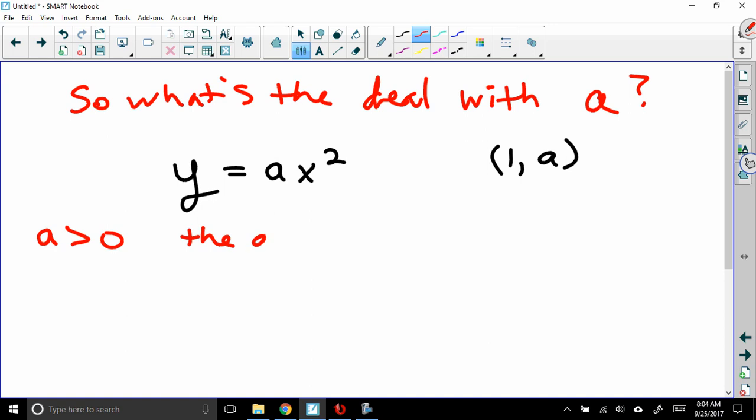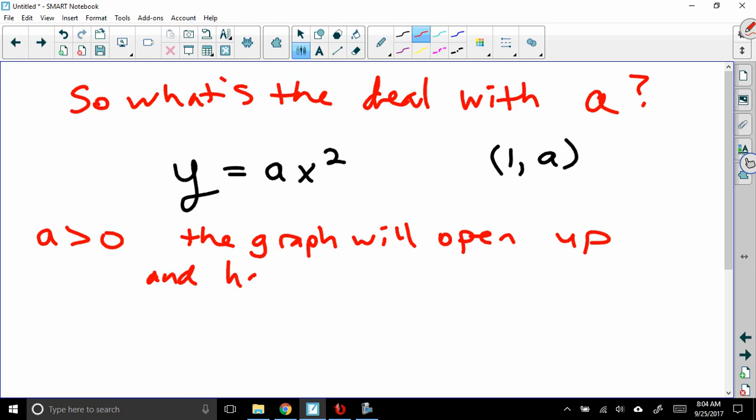The graph will open up and have, there's an M word I'm looking for. There's an M word that ends with mum. Lots of M's in this word. 3 M's, in fact. If the graph opens upward, the